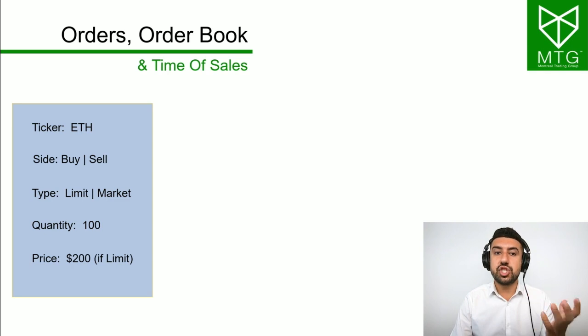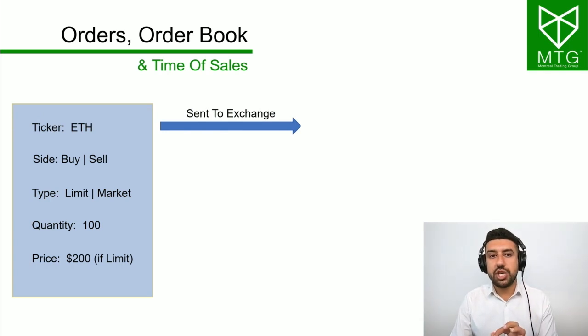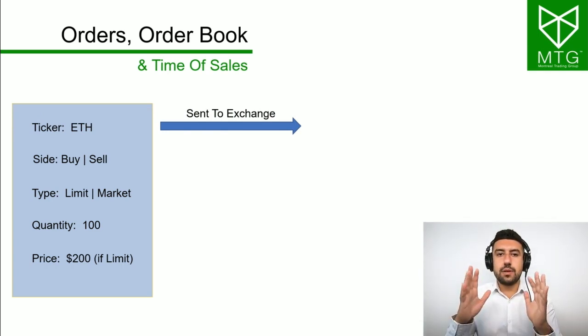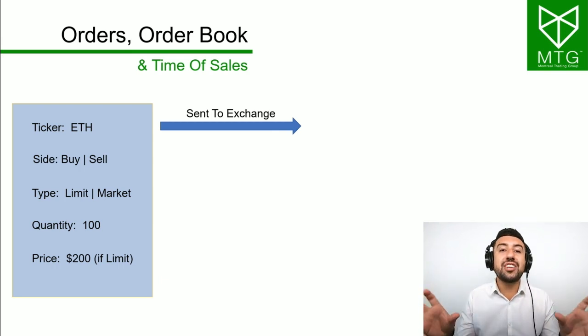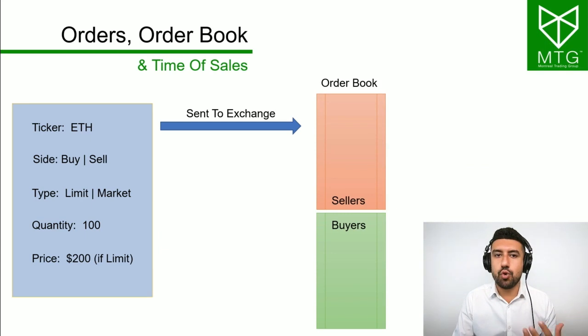I can put this on the exchange. So I can go on Binance and put this order in. Then the order is sent to the exchange and it's going to be sent through their matching algorithm. Okay, so it's just a computer, a server, and they get all these orders. And they have a very strong, quick and fast matching algorithm that's going to match all the orders. And the visual representation of this matching algorithm is the order book, which is a book that has all the orders for all the buyers and all the sellers.